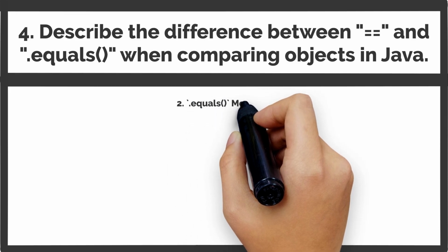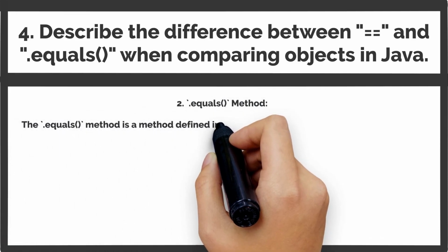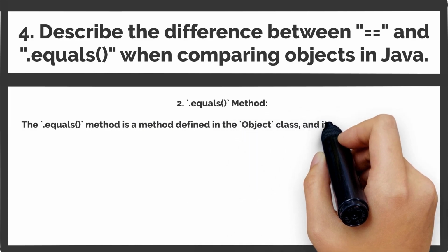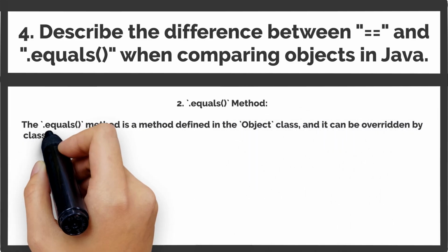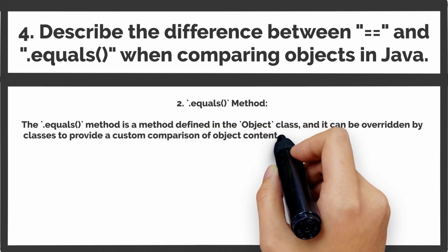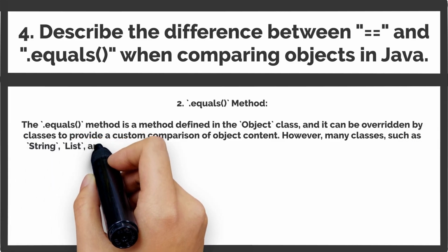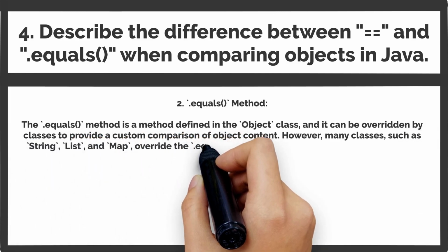2. The .equals() method. The .equals() method is a method defined in the Object class, and it can be overridden by classes to provide a custom comparison of object content. However, many classes, such as String, List, and Map, override the .equals() method to compare the actual content or